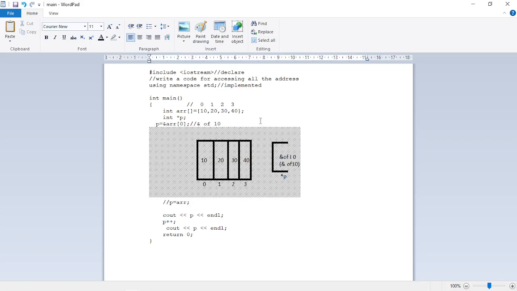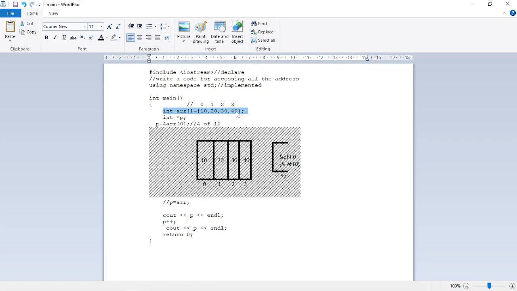Okay, so after that we are going to create a block array with 4 partitions because we have 4 elements, that is 10, 20, 30 and 40. The type is integer because here we are going to declare and initialize an integer type array, int arr, where arr is the name of our array, and we are going to use the syntax